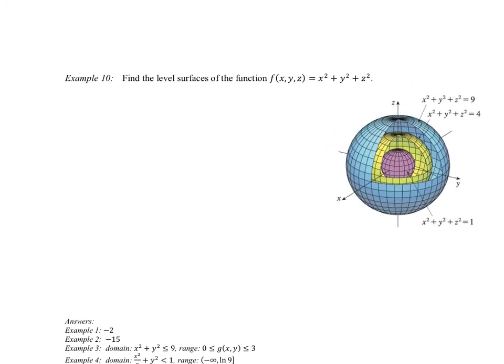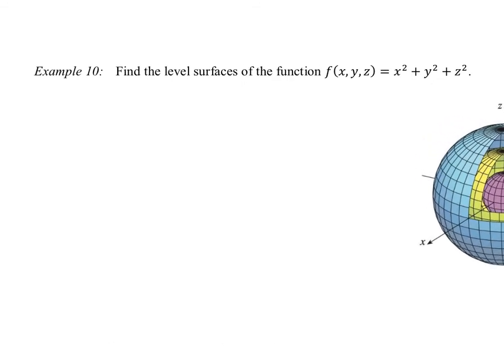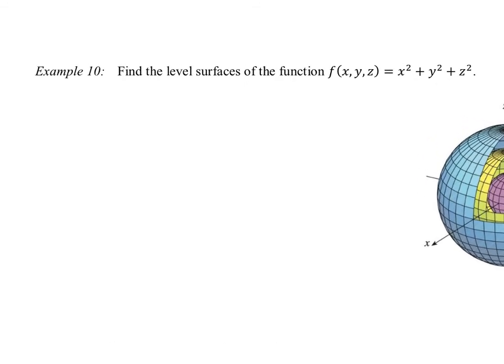We have one more example, and this is a very abstract one. We have level surfaces rather than level curves. We're going to primarily deal with level curves because we're dealing with three-dimensional space. But if you go into 4 dimensions, then it's no longer level curves, it's level surfaces, which is very abstract. So we have here f of x, y, z equals x squared plus y squared plus z squared. If we were to come up with level surfaces and let this particular function be k,